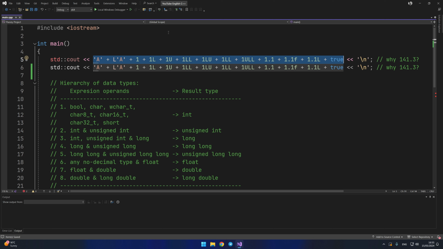What literals did I not specify? What will appear on the screen? And what type will the final value of this expression be? The decimal number 141.3 will appear on the screen. Why exactly this number and why is it decimal? Let's figure it out. When the computer sees this expression, it uses some rules for converting one type into another.